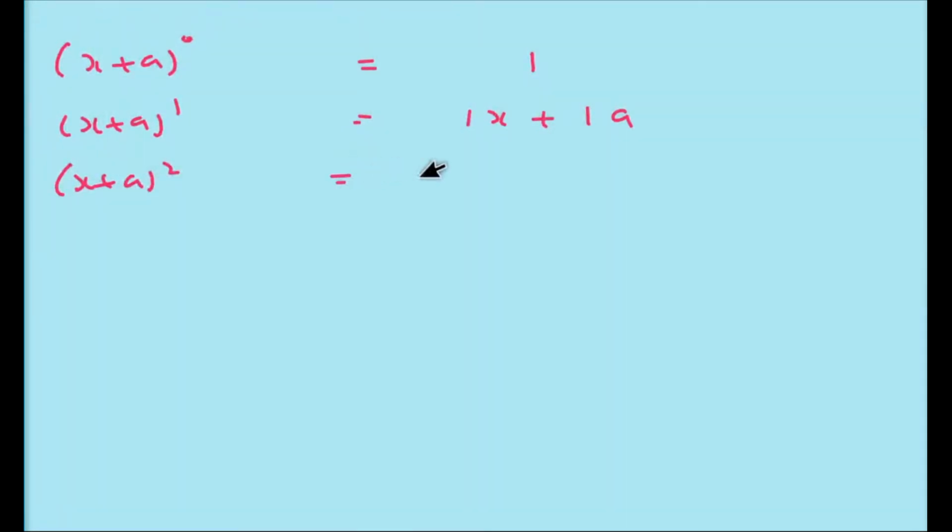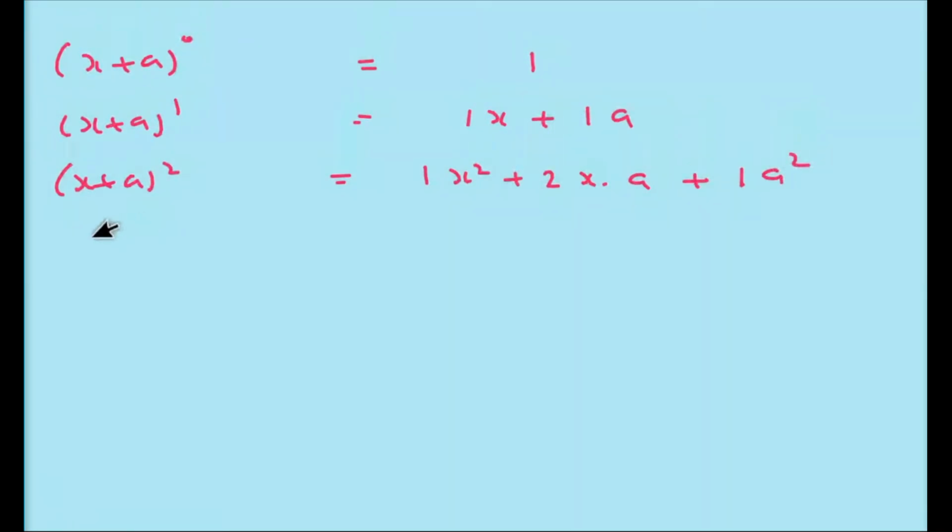You can see here, if you multiply x plus a to the power 0, it is 1, and x plus a to the power 1 you will get 1x plus 1a, and x plus a to the power 2 you will get 1x square plus 2xa plus